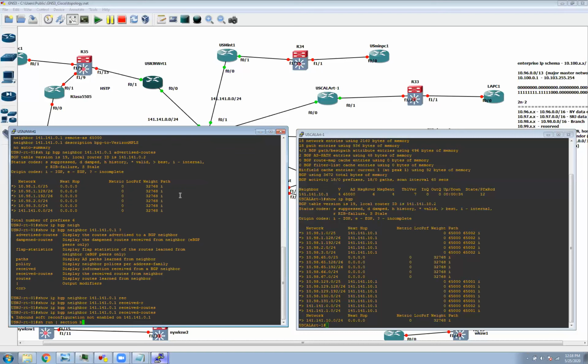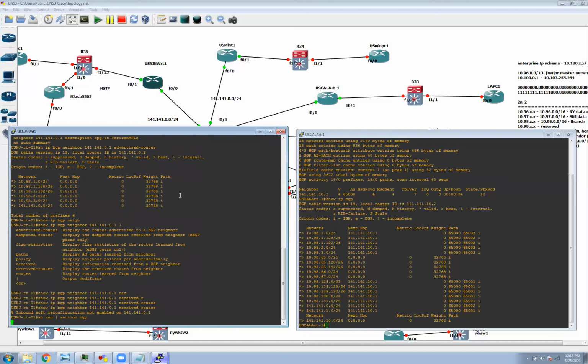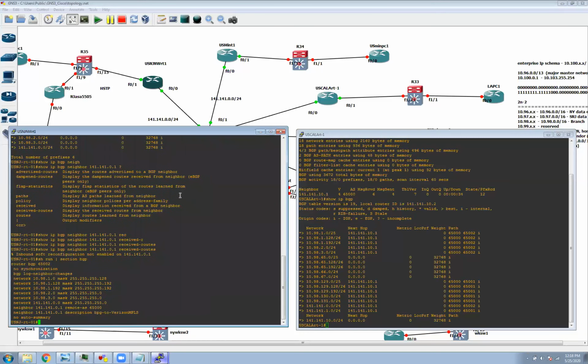Okay, I want to show you this soft configuration. We need to add it inside this BGP process. By default we don't have this command, because when you use it you have to think about whether the router has enough memory. Sometimes if your router doesn't have enough memory, for example, if this is an internet-facing router with BGP to your internet provider and you say, okay, I'm going to reset the whole world